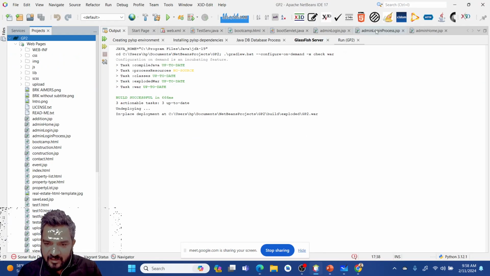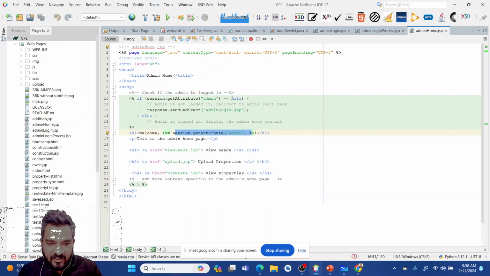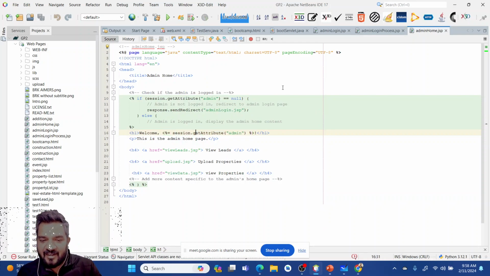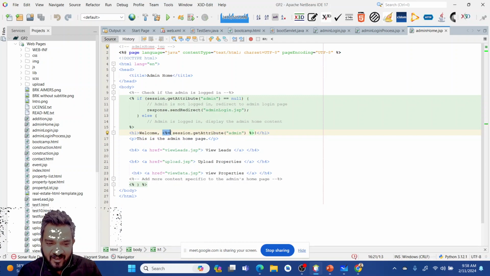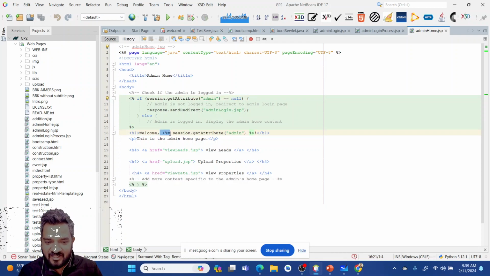So the username is traveling across the pages through the session object only. Whatever we have created here in the session, we stored that data with the attribute name admin. So we setAttribute and getAttribute in the session page. Whatever we set in the session object with setAttribute, we are getting over here and printing that name. So this is one more tag of Java, like System.out.println. This tag is directly used for printing data or variables onto the screen. This is a standard tag, an expression language tag, used directly to print things.